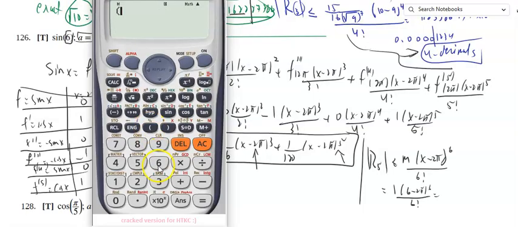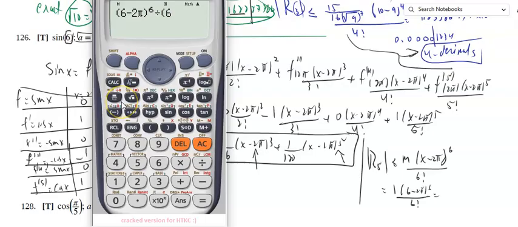If I take 6 minus 2 pi raised to the 6th power, and dividing all of that by